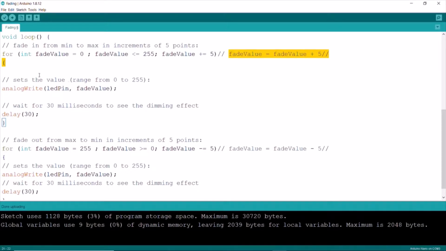Now let's check the condition. First, fade value equals 0, so the condition is true: 0 is less than 255, so your loop will run, and after 30 milliseconds your value will be incremented. Your fade value will now be 5. Coming again to the fade value, 5 is less than or equal to 255, so it will again run analog write with LED pin and 5, and after 30 milliseconds